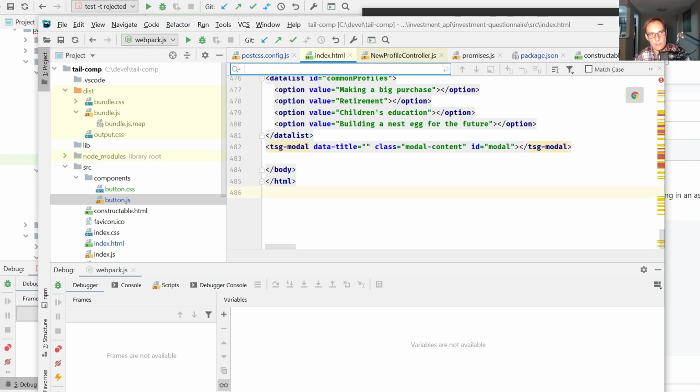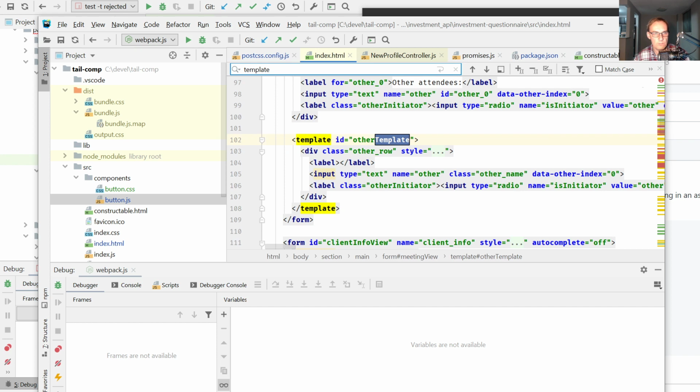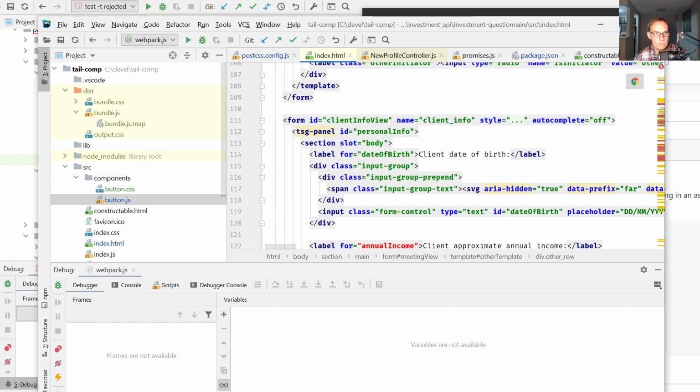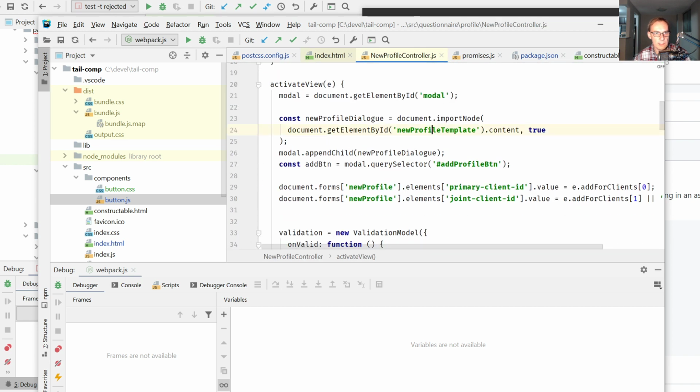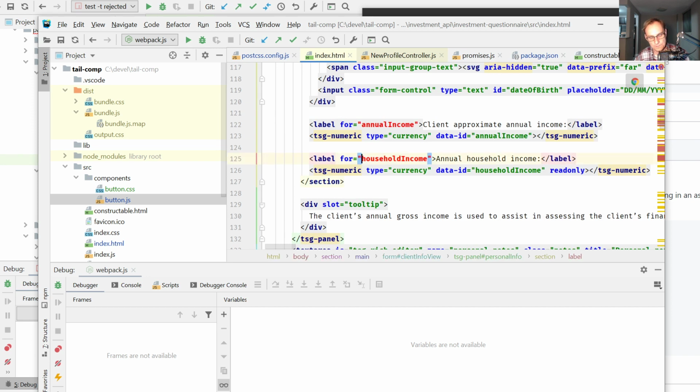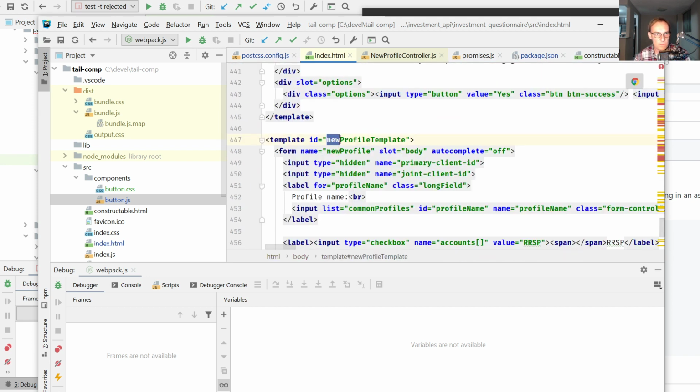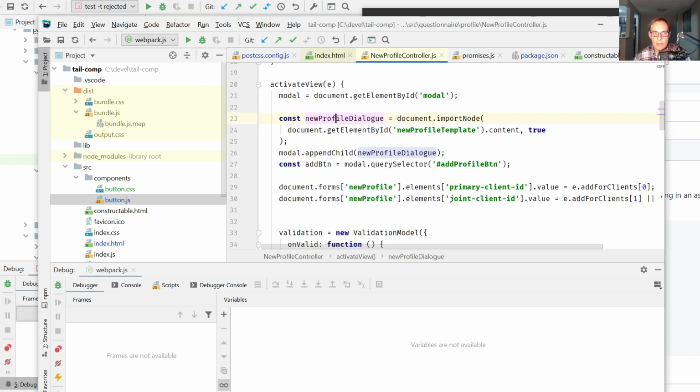Would this help? So if I have my template here, a client info view, for example. Yeah, see, what I'm doing is I am taking this new profile template here. That's a template. I am grabbing its content and I'm appending that into